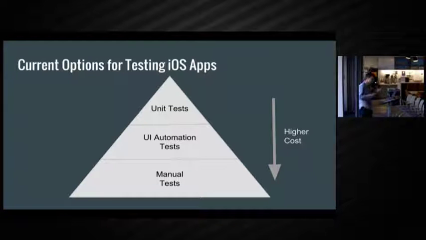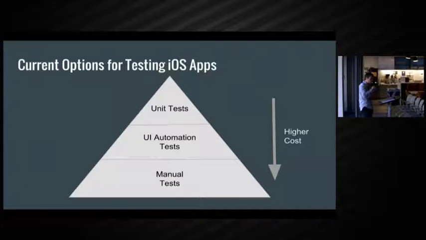White box tests generally run as part of the XCTest framework. They have full access to the running application. You can access all the code from the application. They generally run as part of XCTest. Often they're written in Objective-C or Swift, and you commit the code with the actual application.